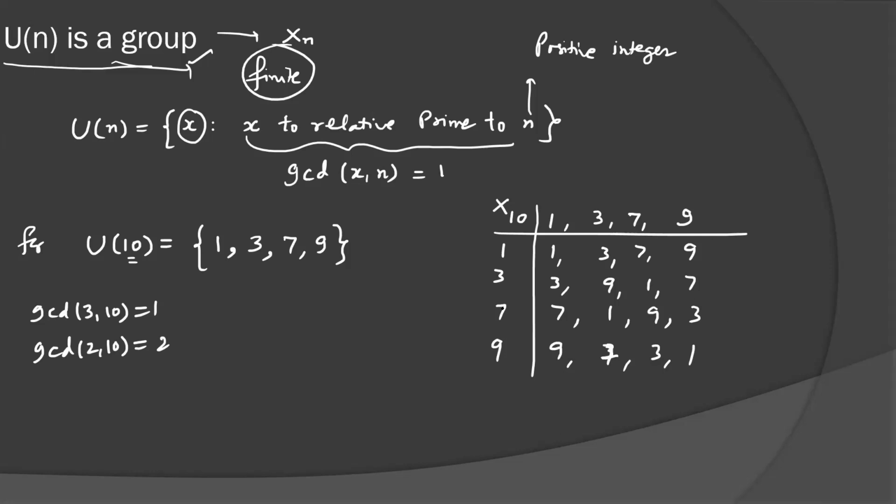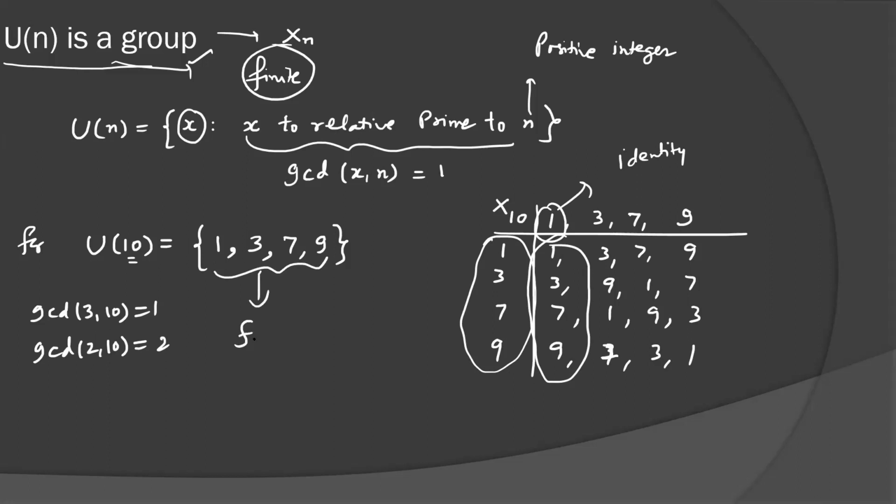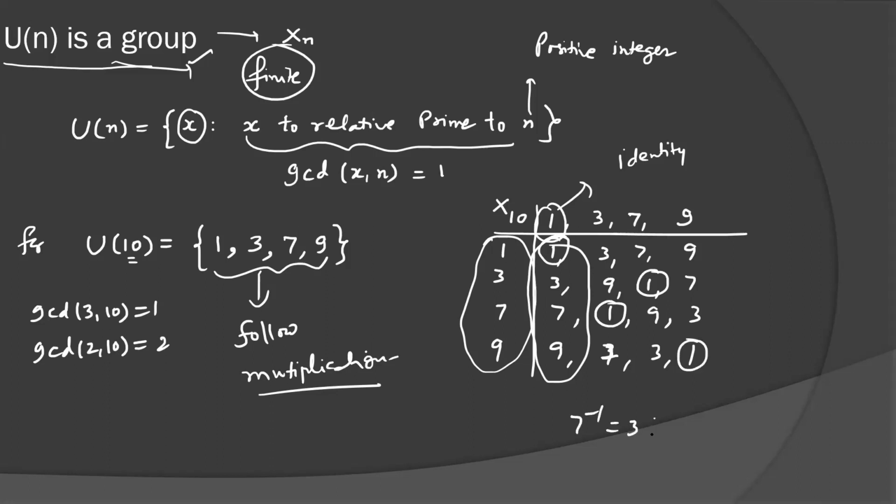So we can see that all the elements in the table belong to U10. So the set is closed. And for the identity, I told you, search the similar mirror column. So you are getting the same column here with respect to 1. So 1 is the identity element. And these are only positive integers, so positive integers follow multiplication associative property. So associativity holds. For the inverse case, you just cover up the identity element, as I told you in lecture 2. So the inverse of 7 is 3, the inverse of 9 is 9, the inverse of 3 is 7, and the inverse of 1 is 1.